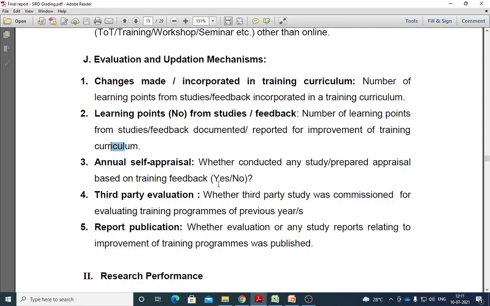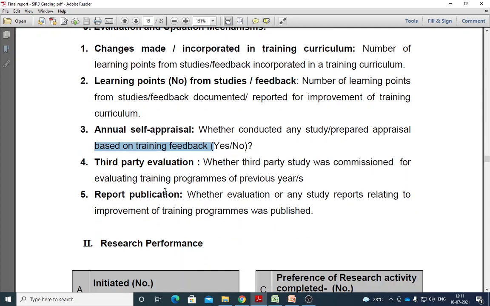So annual self appraisal: whether you conducted any study or prepared appraisal based training feedback or not. Wherever you see yes or no, you have to put a 1 or 0. And third party evaluation: whether a third party study was commissioned for evaluating the training program for the previous year or not. And report publication: whether the publication relating to the improvement of training was evaluated.